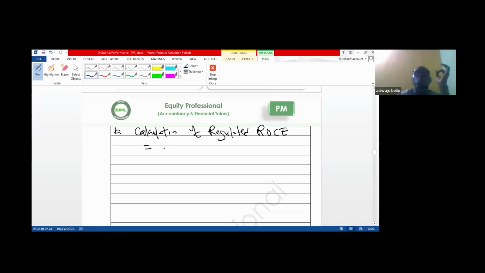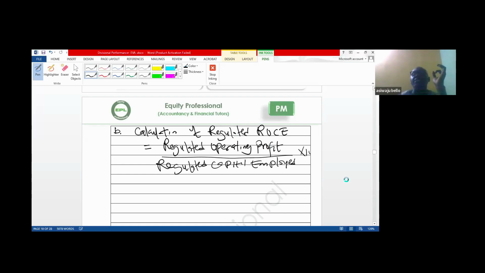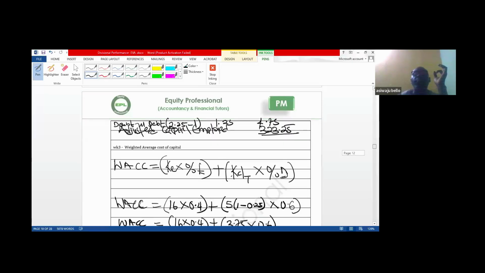This is equal to regulated operating profits divided by regulated capital employed, multiplied by 100. If you go to the question,